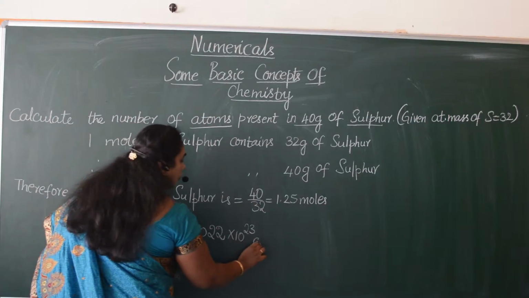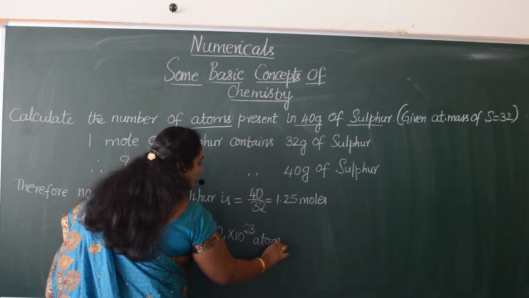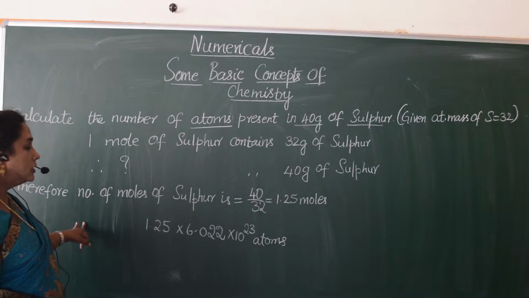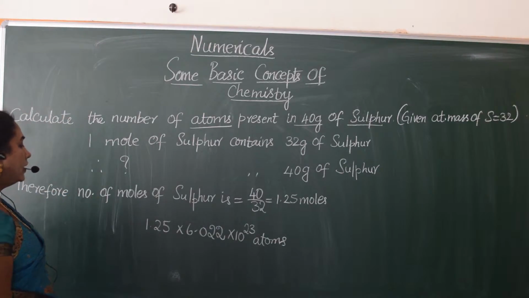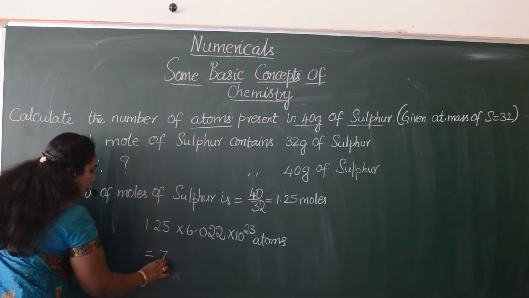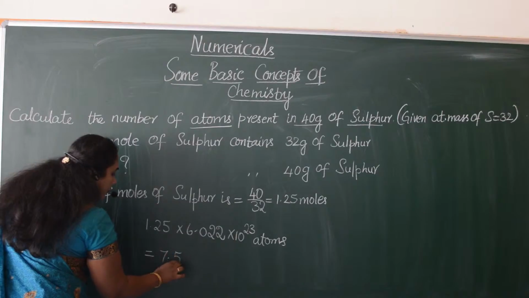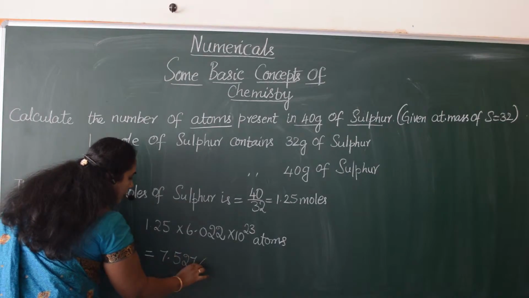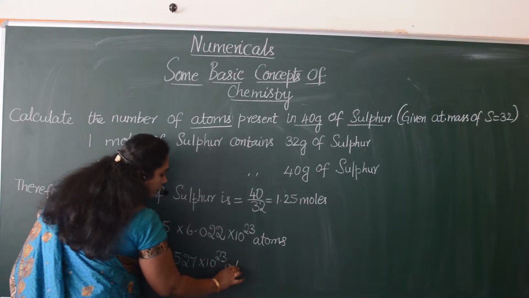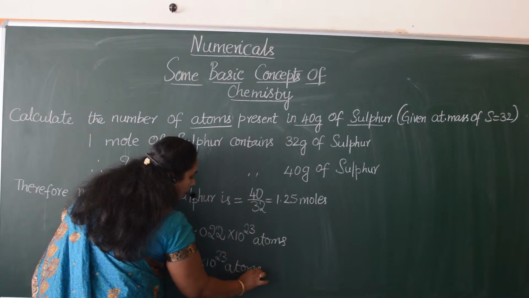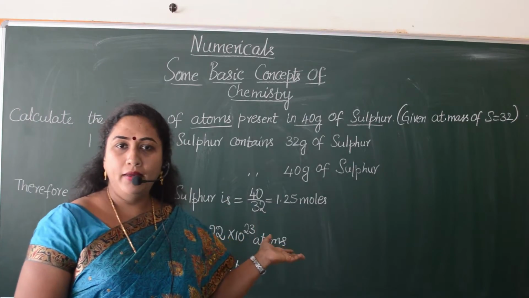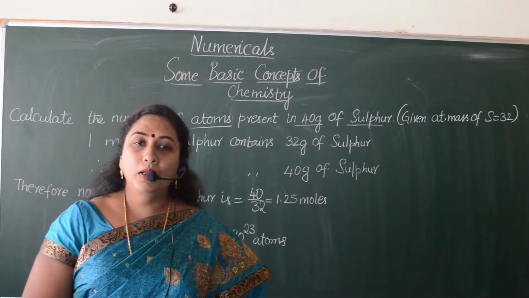So, when we multiply 1.25 into 6.022 into 10 to the power 23, you will get the value as 7.527 into 10 to the power 23 atoms. See, such a simple problem will be asked for 2 marks. So if you calculate in this way, as I have shown to you here, you will be able to get